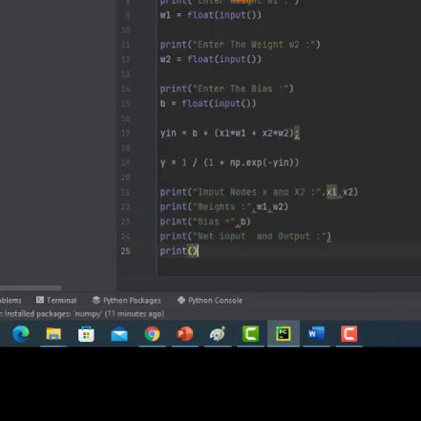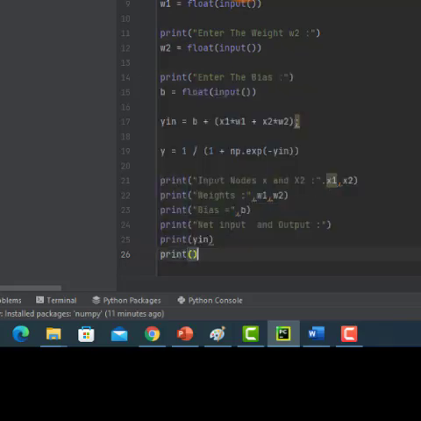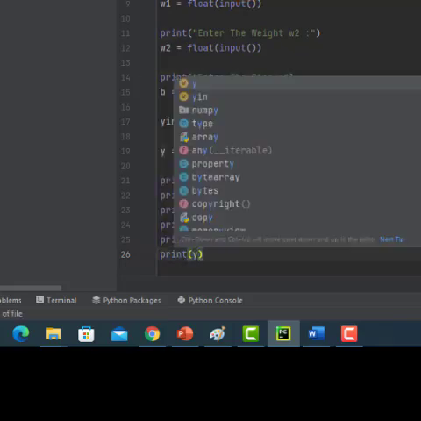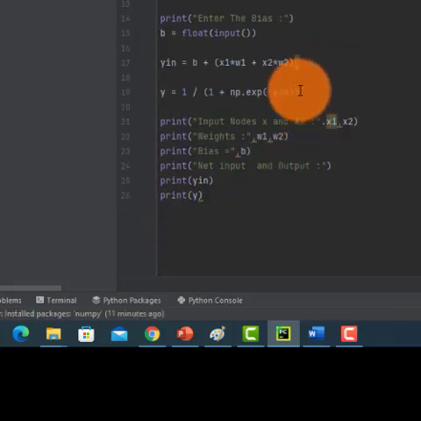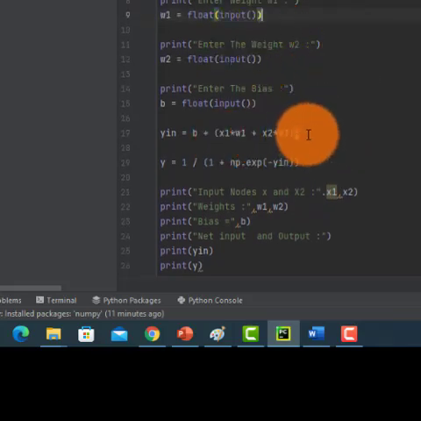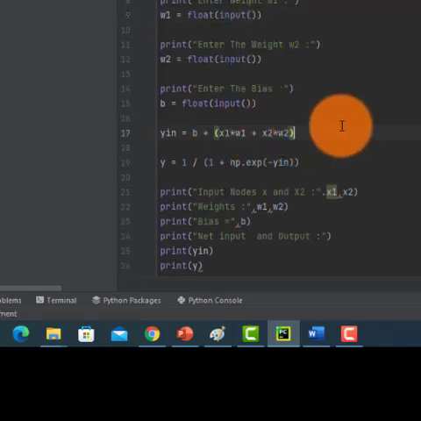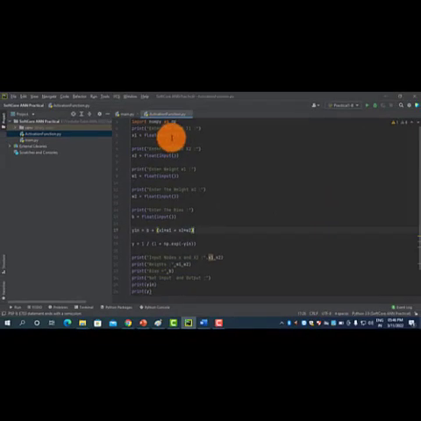Print y_in and then print y. Now this is a simple program. In this we apply a sigmoidal activation function on the input nodes, and let us execute the program.